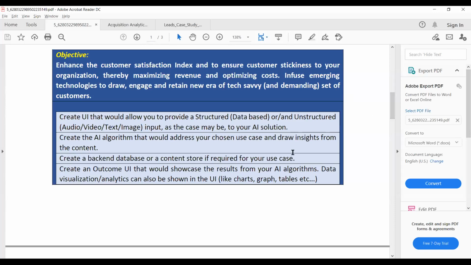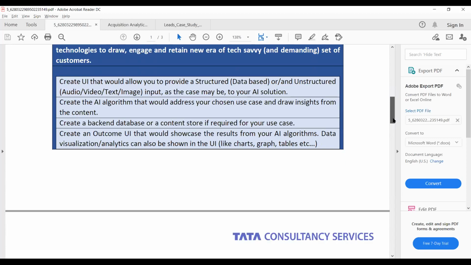Okay, how many of you have thought about where you are going to build this entire project? Any guess? Any idea? No idea?